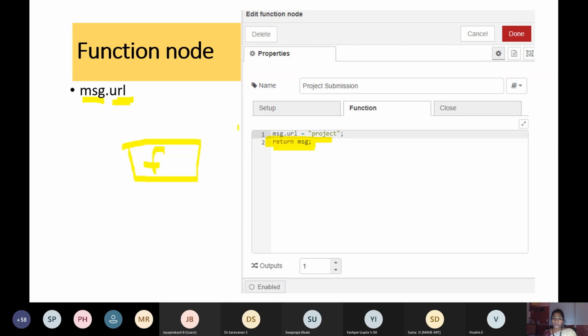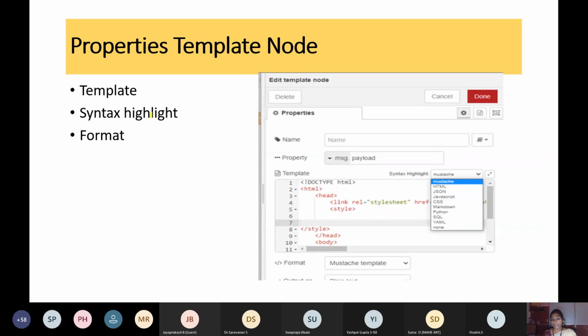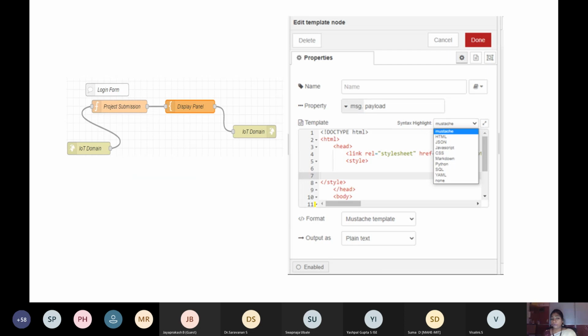Okay. So now we have a template node. We drag a template node and we place it in the flow. This template node is a place which helps us to write the HTML code. We drag our template node, place it in the panel in the flow, and double click it. Your template will be kept open, and we are going to write the HTML code here. The HTML code will be written, and then it will be integrated with the HTTP response.